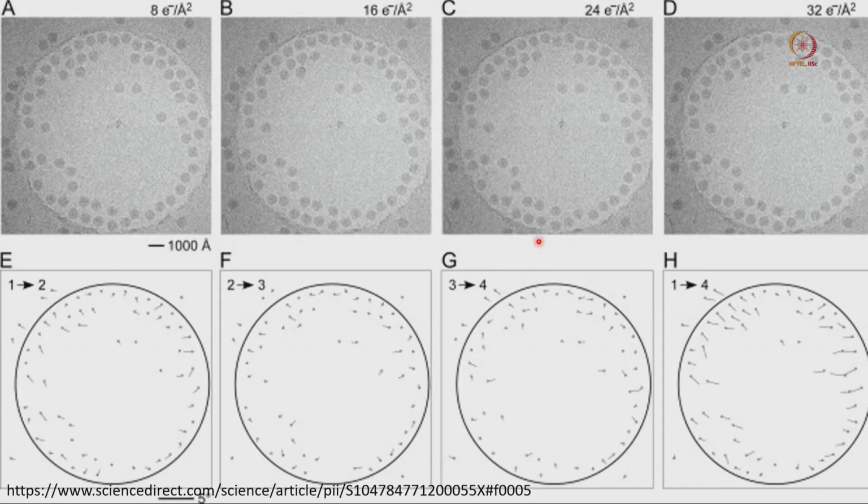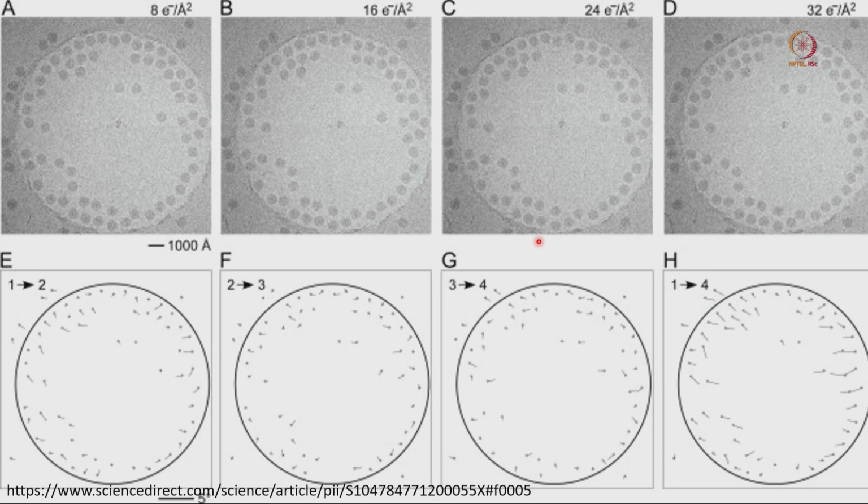Now, there are a couple of very nice studies. Those are the virus particles. We use these virus particles because they are big and it is much easier to see their movement, and the difference before and after correction will be very clear. That is one of the reasons we selected the virus particle.